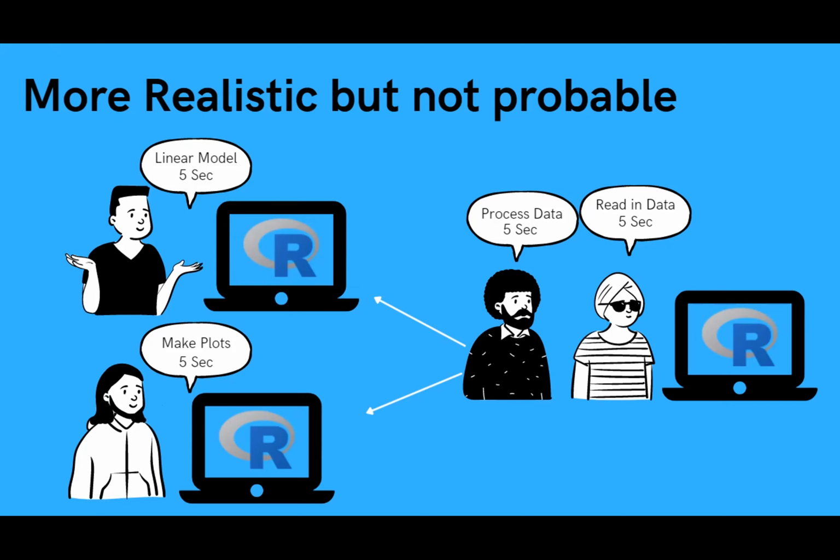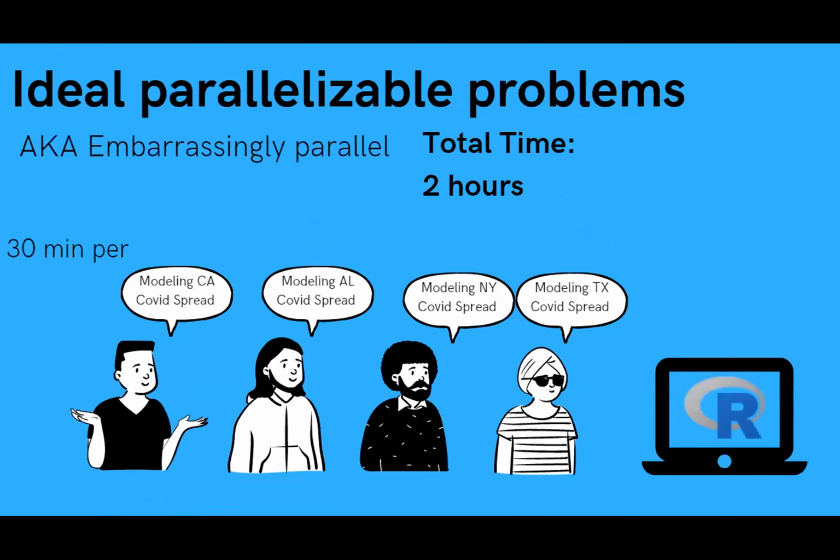Let's just do it in series, right? It's easier. We don't have to worry about setting it up. Maybe owning these two computers is like a cost-benefit analysis. Oh, maybe we don't need those two extra laptops. What we are really interested in is the ideal parallelizable problems, also known as